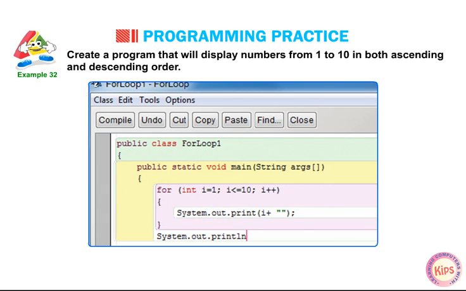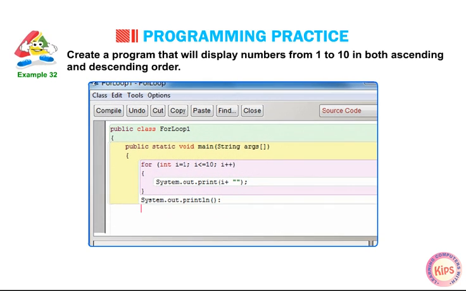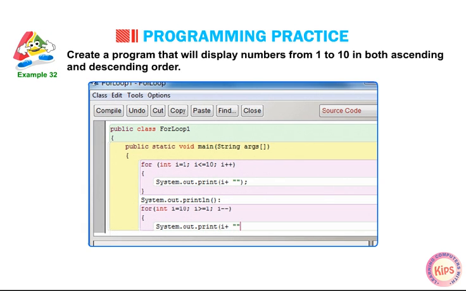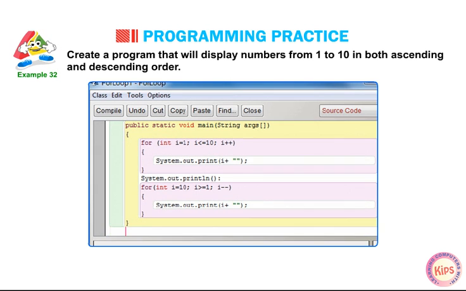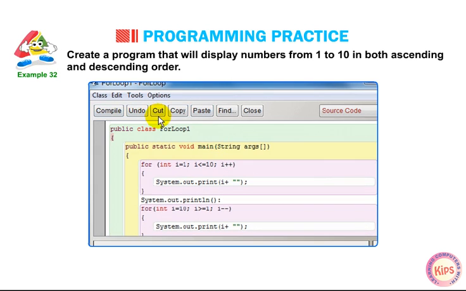System.out.println(); for (int i = 10; i >= 1; i--) { System.out.print(i + " "); } } }